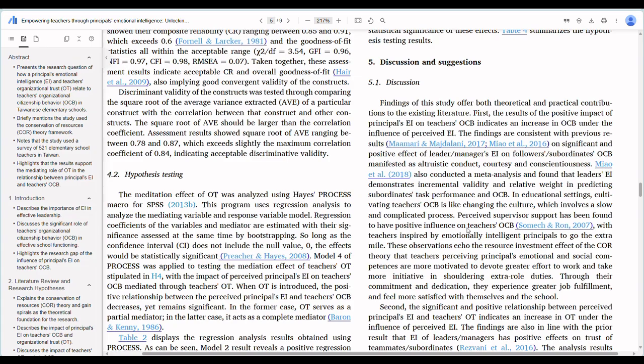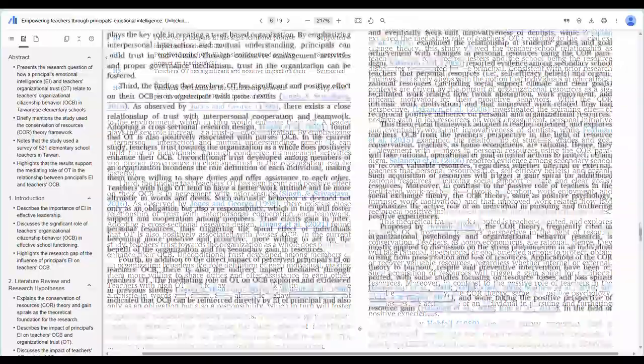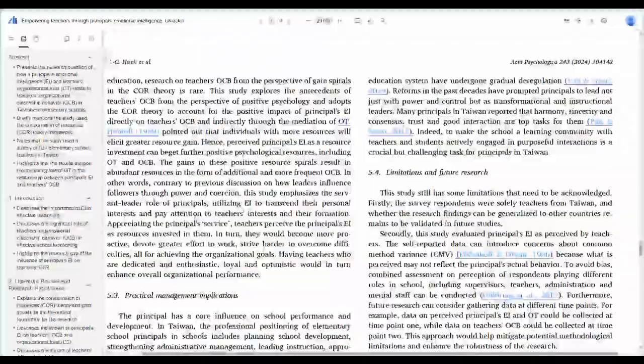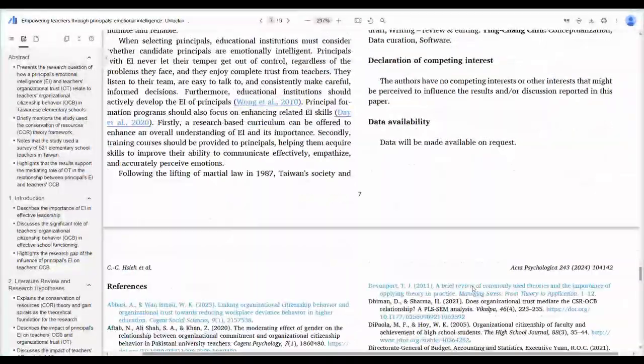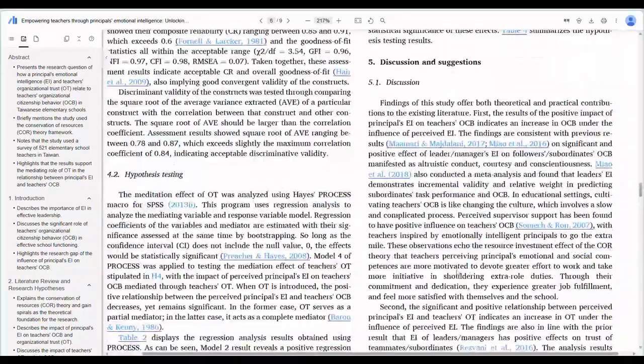From this title, we can understand that discussion and suggestion is an indication that the conclusion section might not be expressly stated, meaning everything is together.